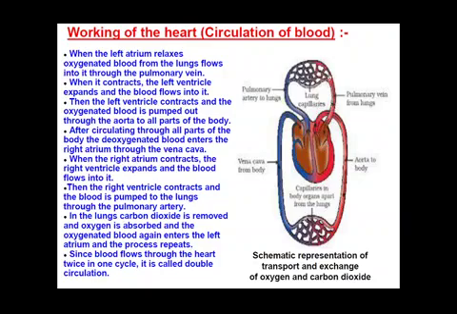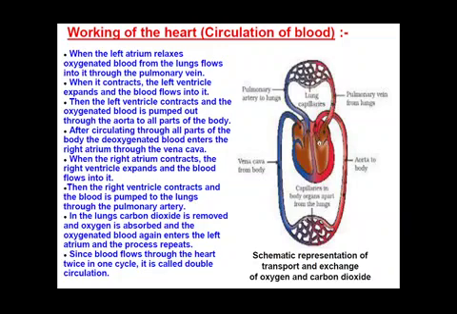blood from the lungs comes in. As we all know, we get oxygen in our body through the process of respiration, and the lungs are one of the main organs present in the respiratory system of our body. Lungs play a main role in the exchange of gases in our body. So this oxygen present in the lungs moves through the pulmonary vein, and this oxygen rich blood first of all goes into the left atrium.